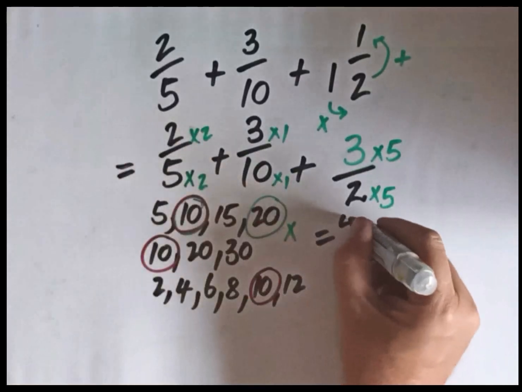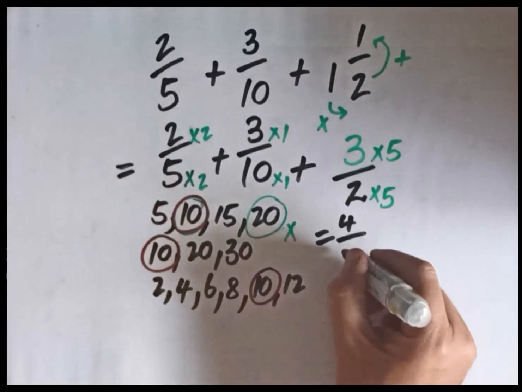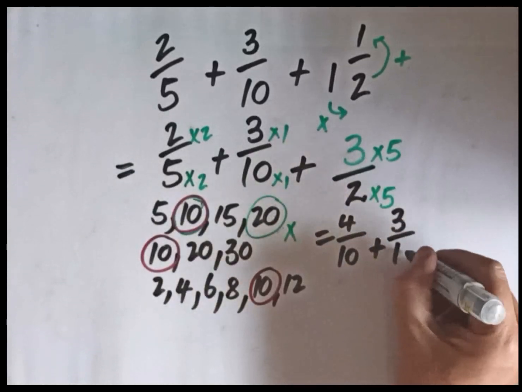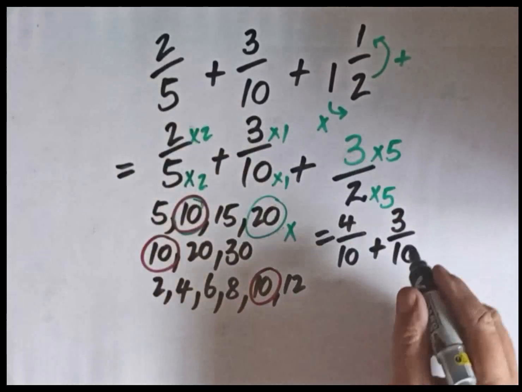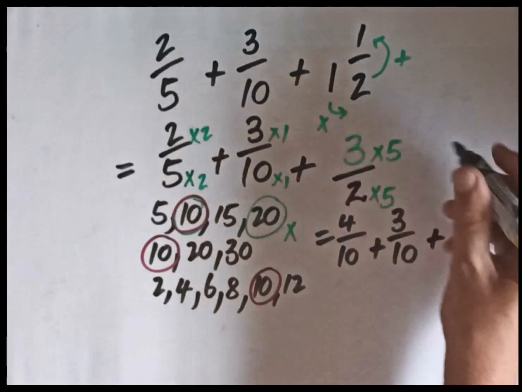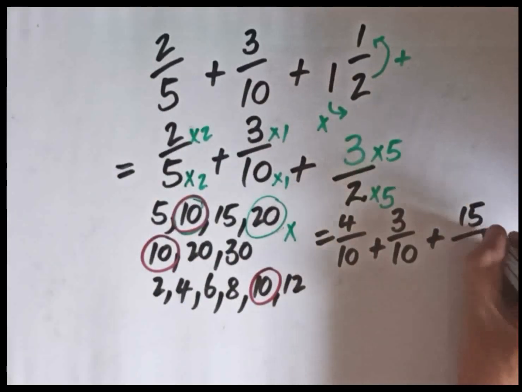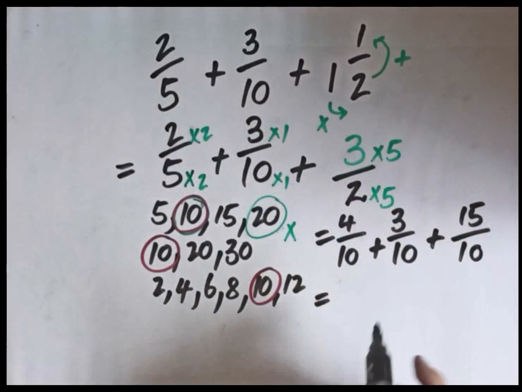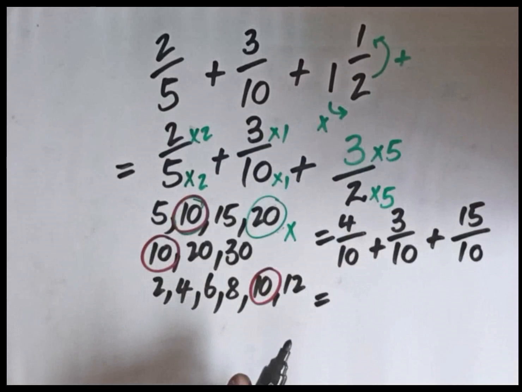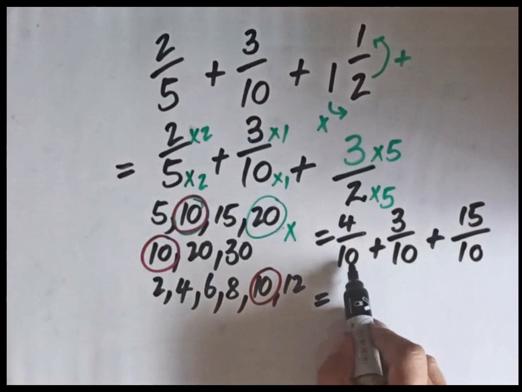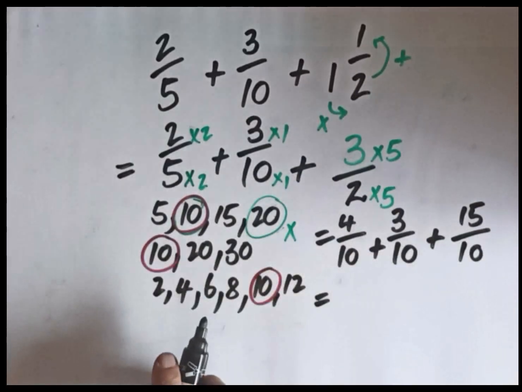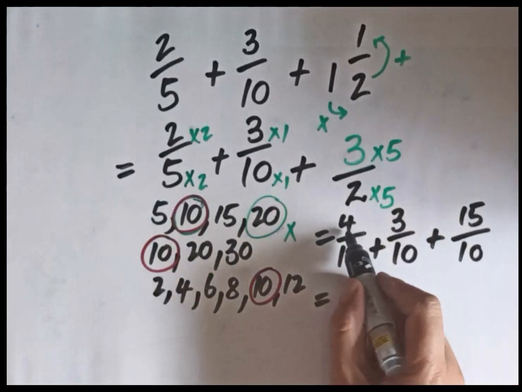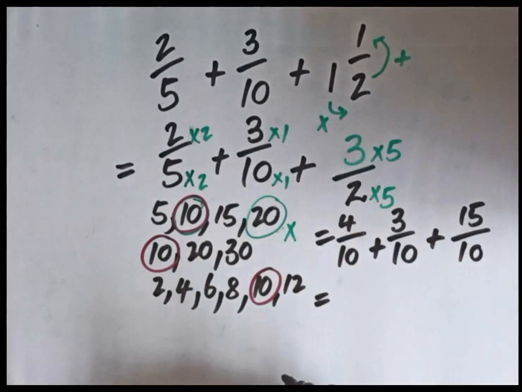2 times 2 is 4. 2 times 5 is 10. Plus 3 over 10, because obviously times 1 stays the same. 3 times 5 is 15. 2 times 5 is 10. So can we add these fractions together? Yes. Why? Because the denominators are the same. So 15 plus 4 plus 3 is